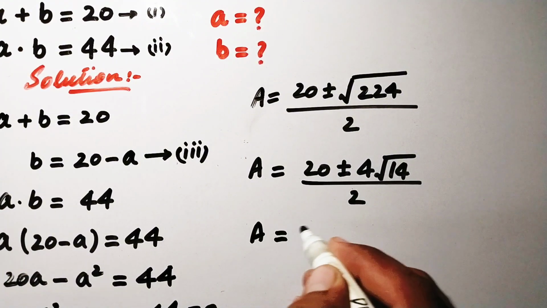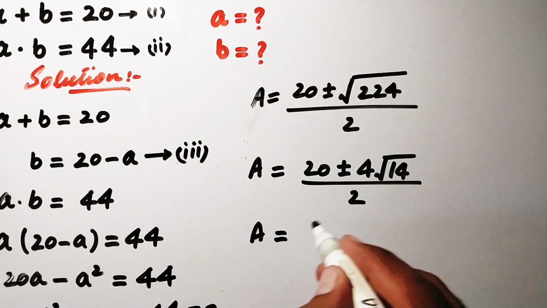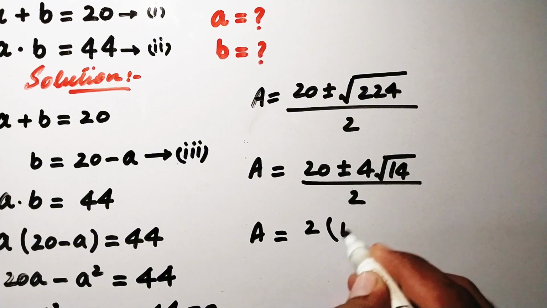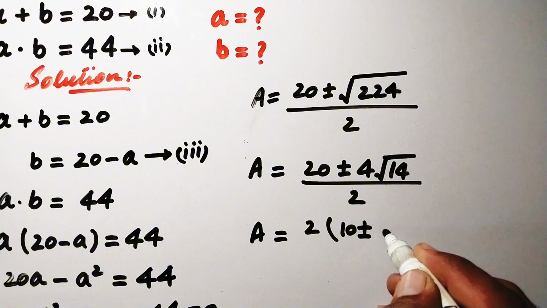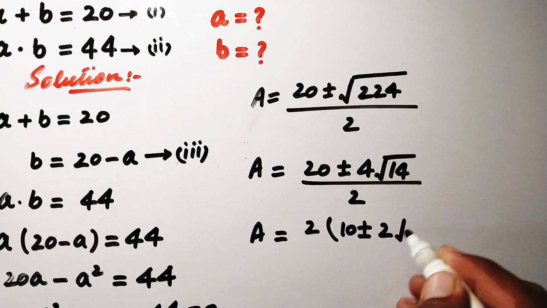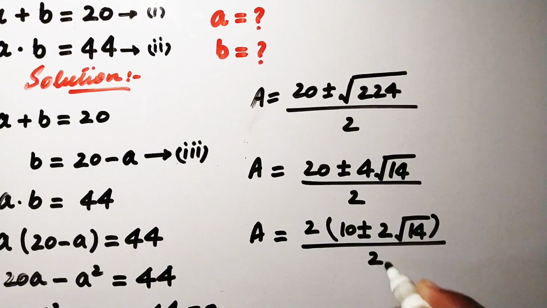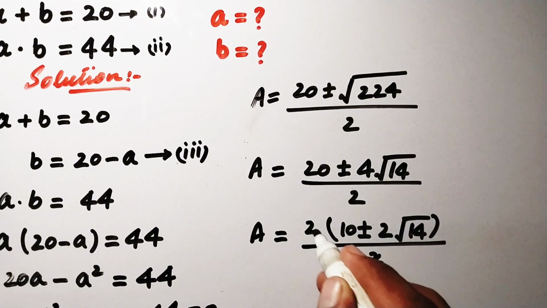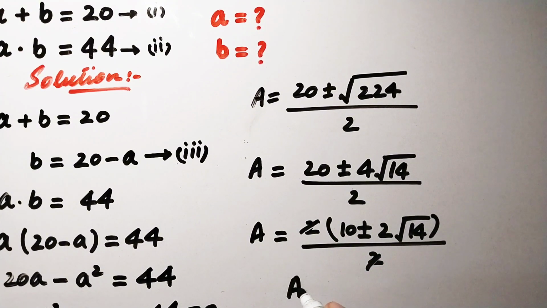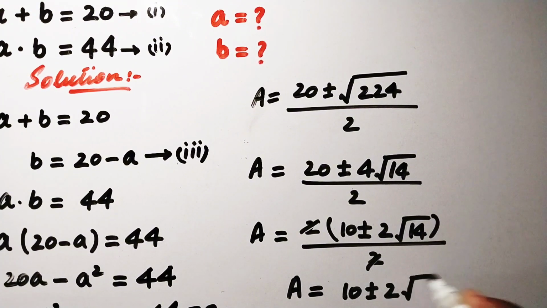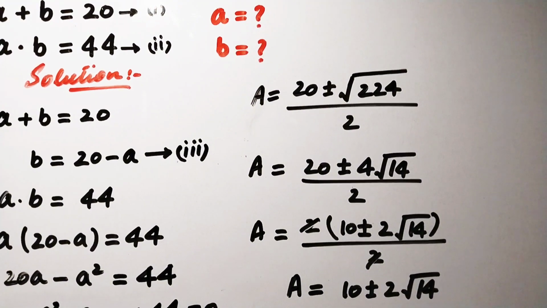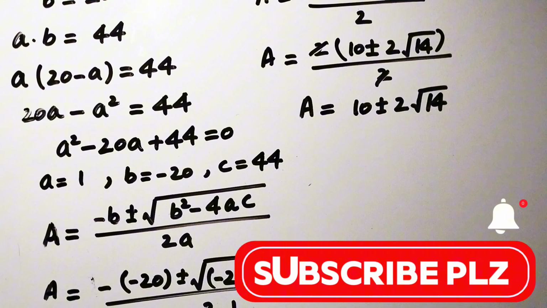Now, taking 2 common from the numerator, here will be 10 plus or minus 2 times root of 14 divided by 2. Now this 2 will be cancelled by this 2, so that here a is equal to 10 plus or minus 2 times root of 14, so that